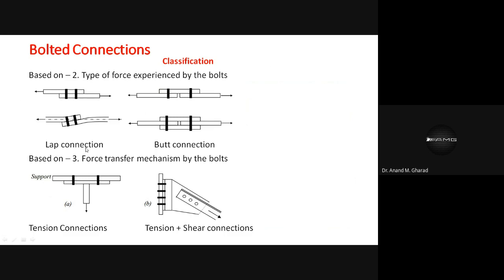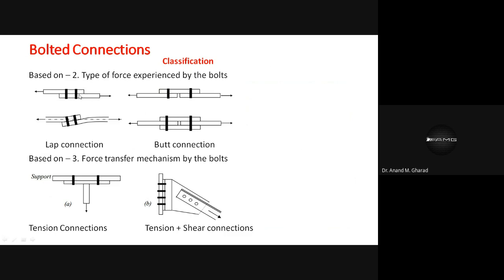First is known as the lap connection, and second is known as the butt connection. In case of lap connection, you can see this plate and this second plate are forming a lap type of joint. Okay. So over here, the bolts may experience such type of force, and there may be a possibility that the bolts may fail, and there will be a shear failure in these